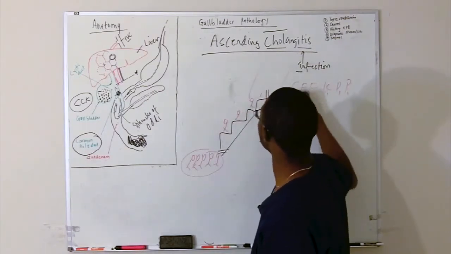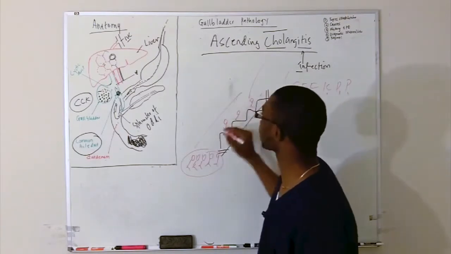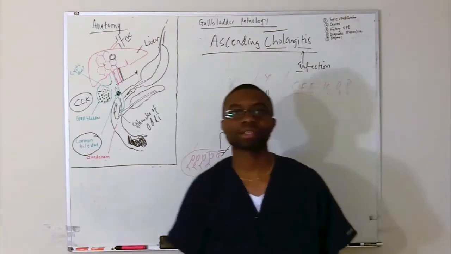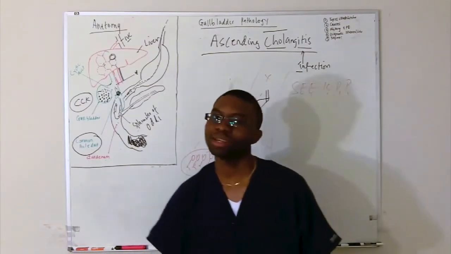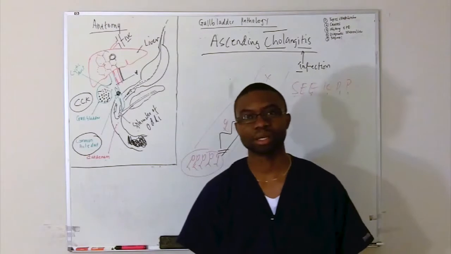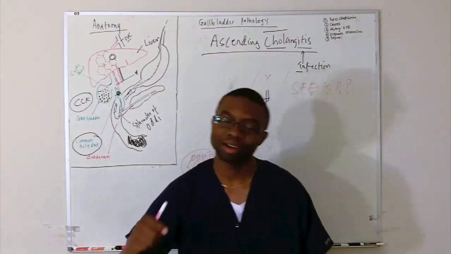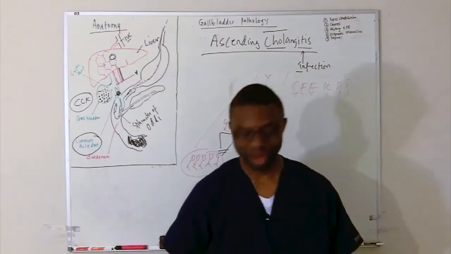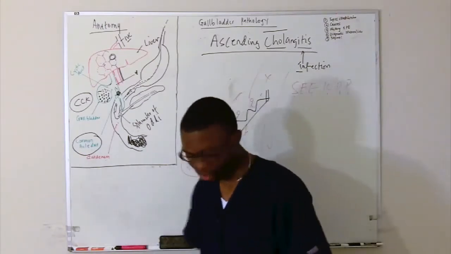Now they end up into what? They get into the biliary tree through this beautiful hole. And now they're having sex. Mating, bacterial overgrowth. Now you've got an infection. So now we know the cause. Let's talk about the history. What is the patient going to present with? We actually have to